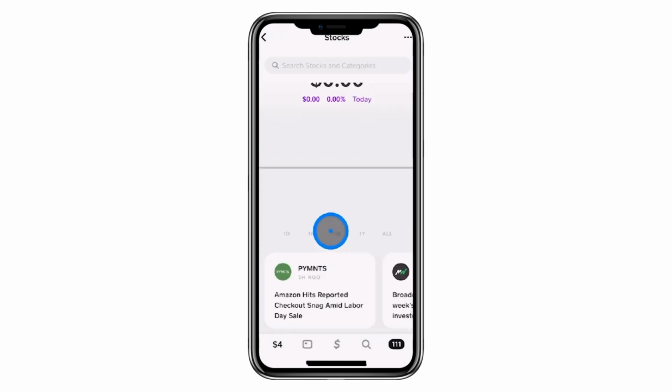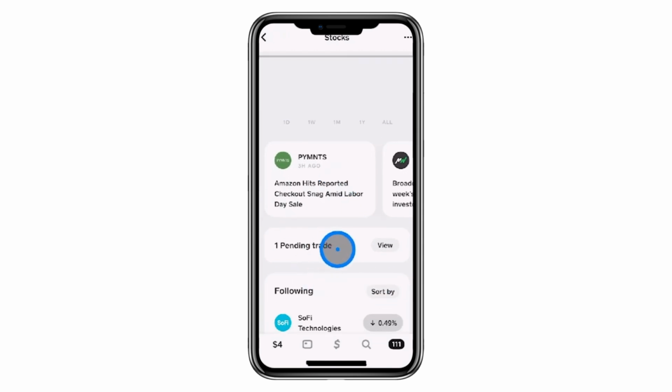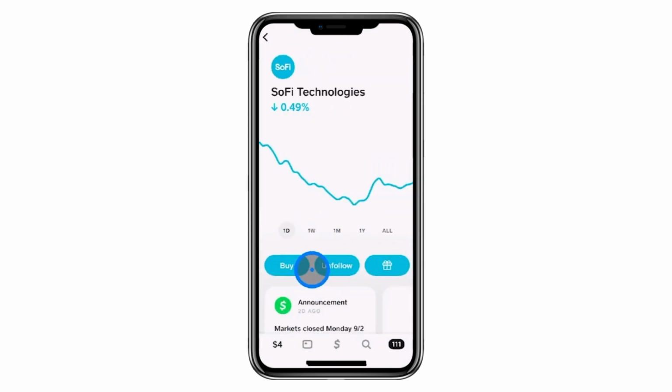If you want to sell stocks later on, you can go back to the company's page and select Sell. You can sell based on a specific dollar amount or sell all your shares. The funds from the sale will be deposited back into your Cash App account, and you can either use them to buy more stocks or withdraw them to your bank account, although it might take a day or two for